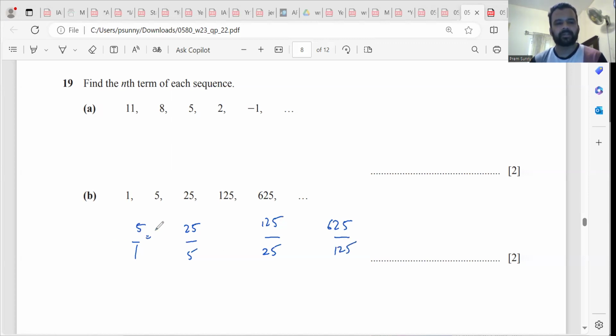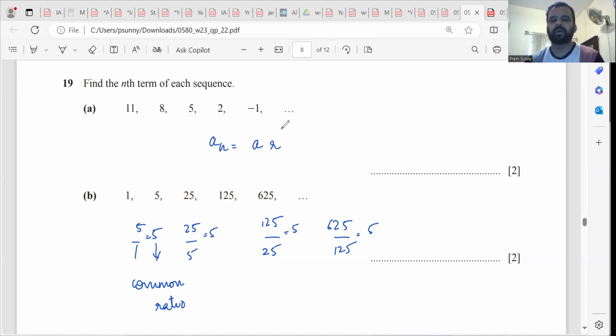5 divided by 1 is 5. 25 divided by 5 is 5. 125 divided by 25 is 5. 625 divided by 125 is 5. We call this number the common ratio. To find the nth term of a geometric sequence, the formula is a into r to the power of n minus 1,